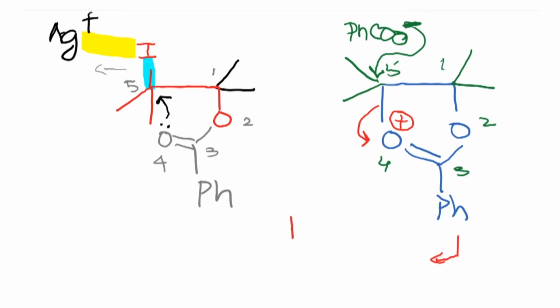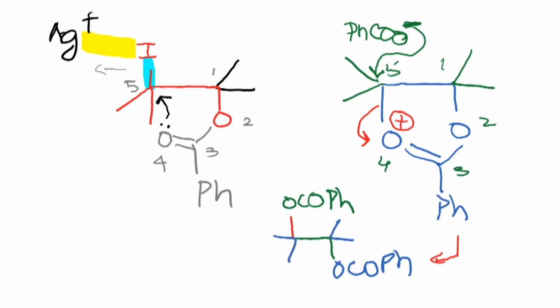So your new benzoyl group is over here, OCOPh, and the old benzoyl group continues to be here, OCOPh. The only thing here is that they both are anti to one another. Okay, so this is the important intermediate that is formed. So the relationship between this bond and this bond is actually anti,